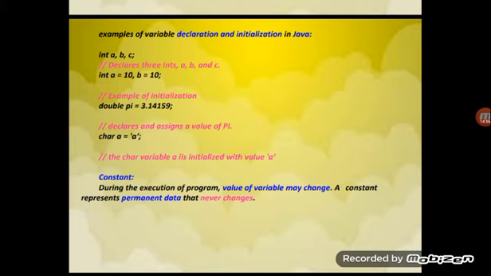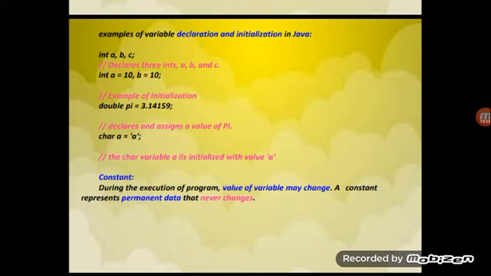In another example of initialization, whenever you write a program you have to decide what value to declare for that variable. Double pi is equal to 3.14, which we already know; I am declaring and assigning the value of pi.